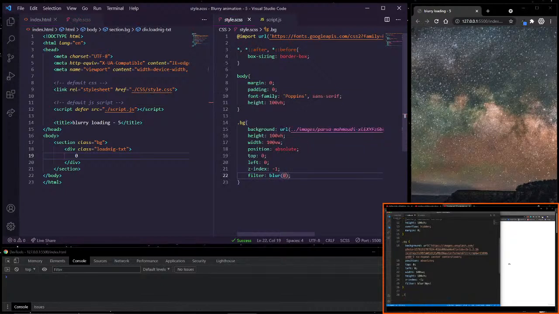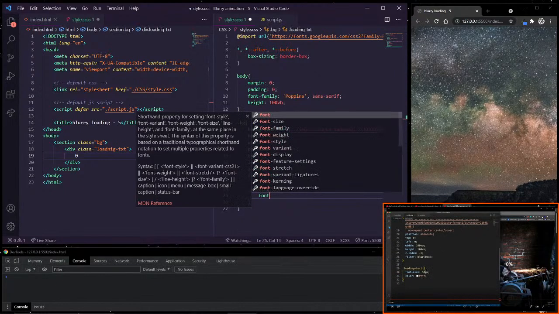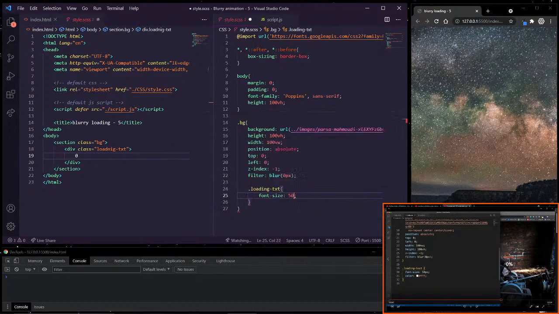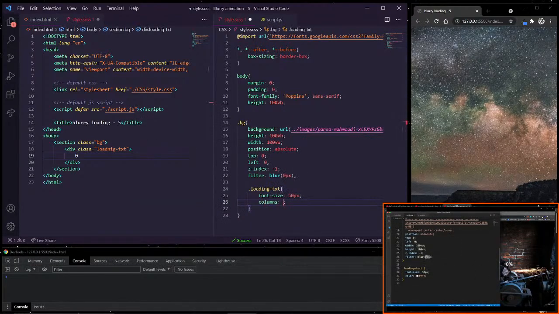And then for the loading text, we just want to increase the font size. We'll set the font size to 50 pixels, and let's set the color to white. Really depends on the background image you use. All right, so that gives us this. Now I just want to show you something. Because this is going to start blurry, and then it's going to make its way down, I should say. The higher the pixels for the blur, the more blurry it is. So if I put like 70 pixels